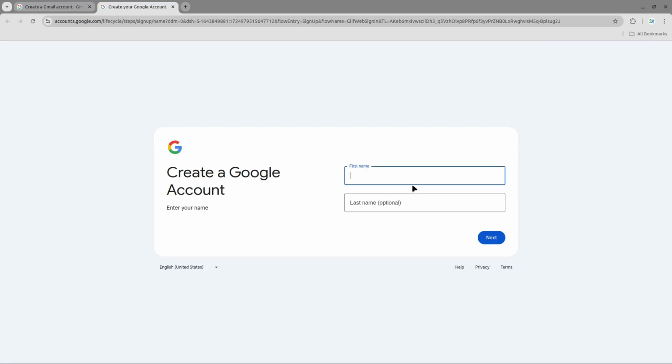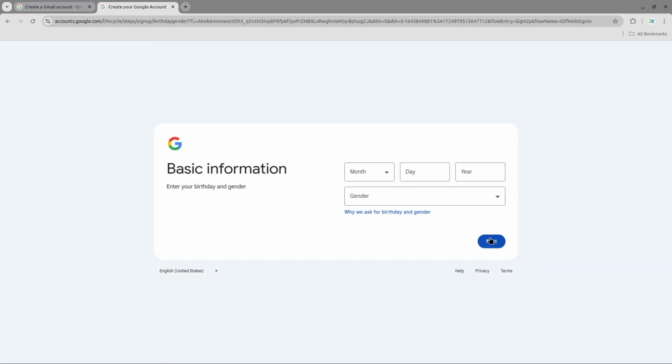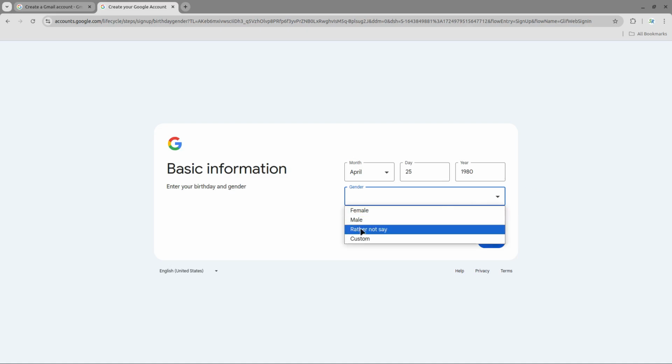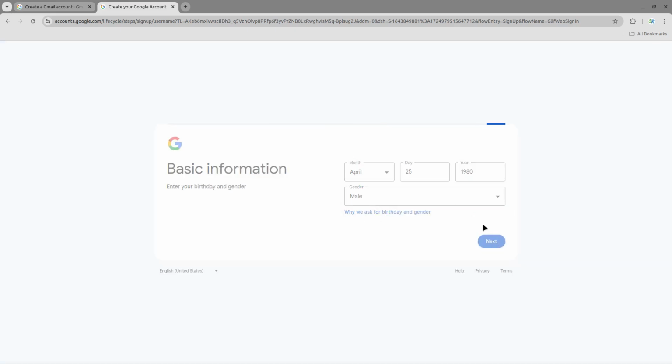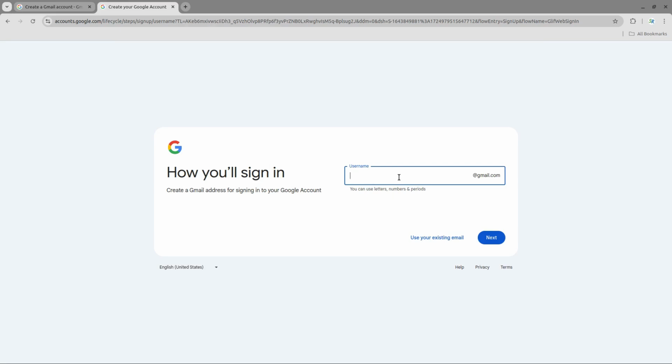Now for most people, you're going to be creating an account in your name. So you'll use your name. There could be an organization as well. And it's probably good to just put in your real date of birth. That's good for later on in case you need to get into your account and you've forgotten your details or whatever. So how you'll sign in, this is your actual address, your account email address, and let's put in John